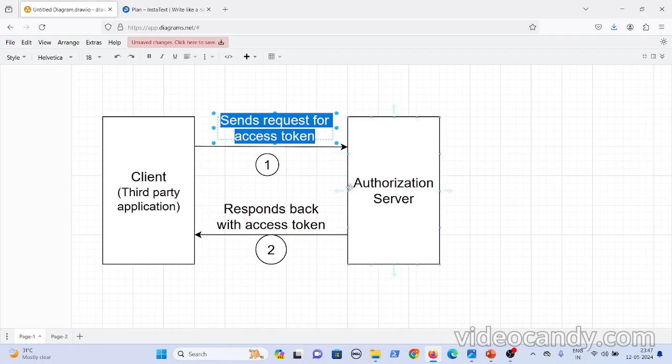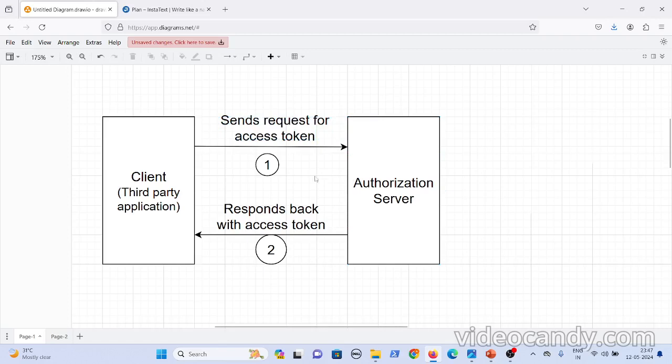And even when you are requesting the access token by passing the authorization code, even if a hacker steals the authorization code, the server will check for the client secret as well. So that process is much more secure than this. This implicit flow is less used, but it is used for older applications.